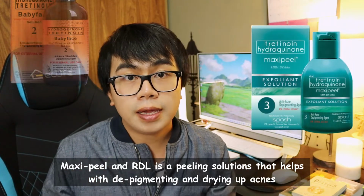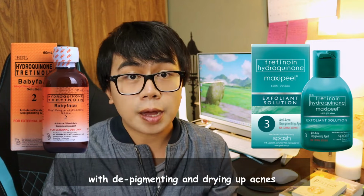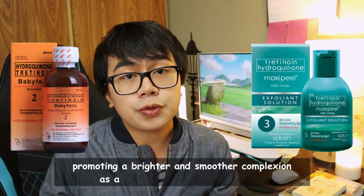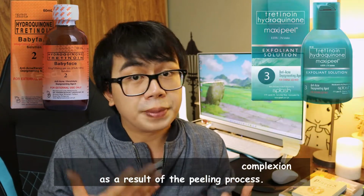in some drugstores. Now, for those who don't know, MAXIPEEL and RDL are peeling solutions that help with depigmenting and drying up acne, promoting a brighter and smoother complexion as a result of the peeling process. I have seen some positive results and negative as well with using these products, and I guess it depends on